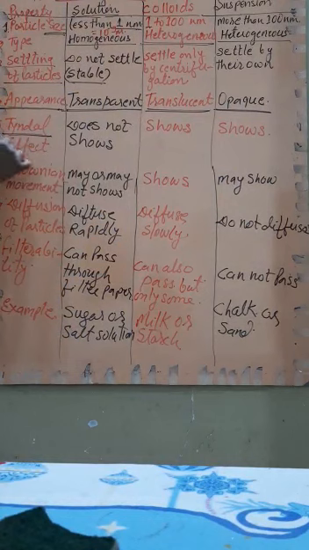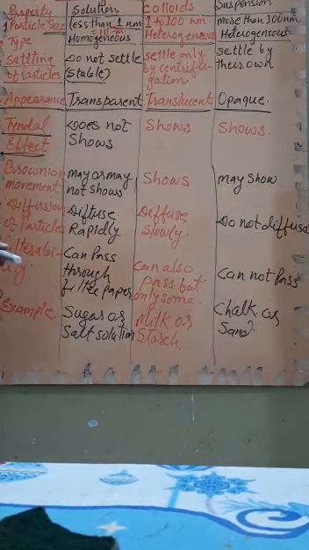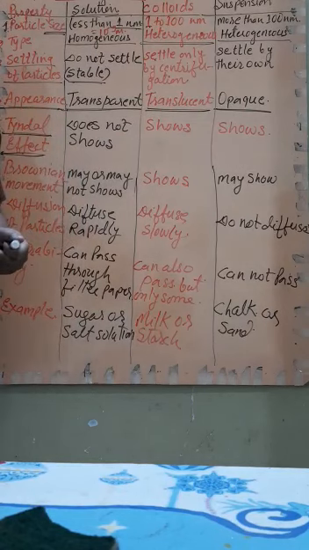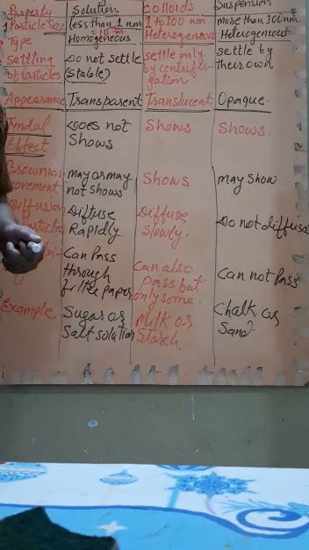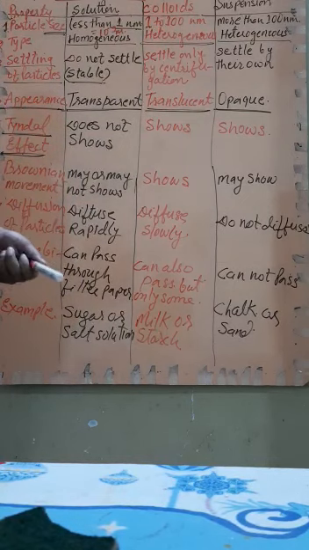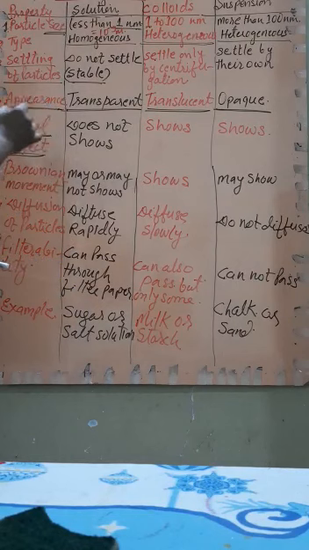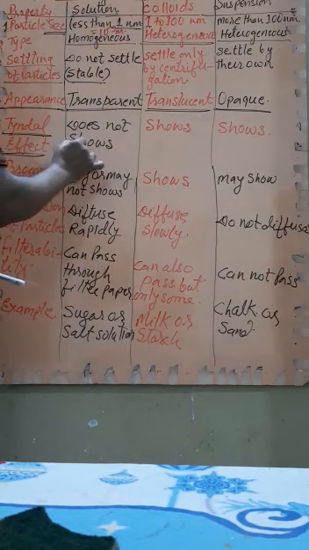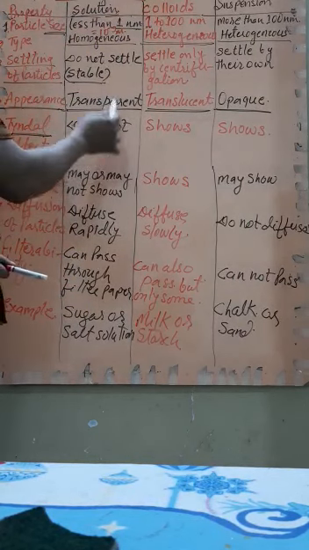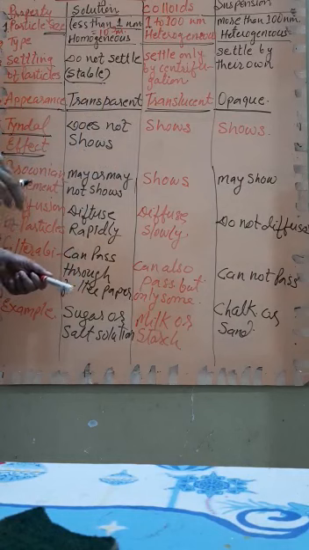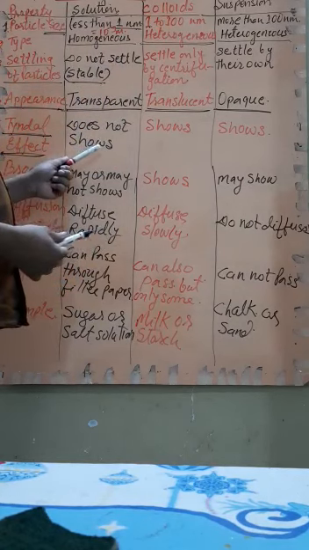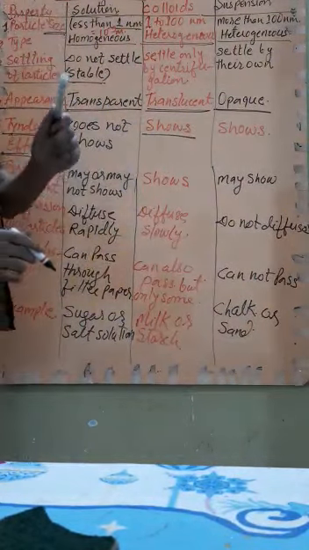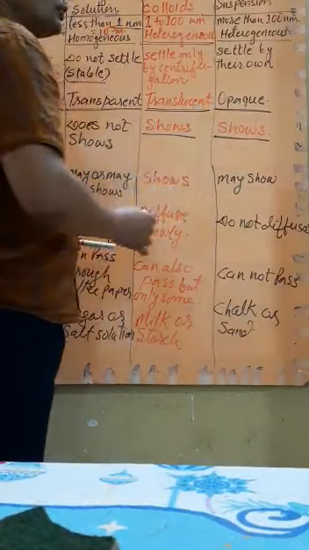Fifth one is the Tyndall effect. Now, what is the Tyndall effect? When a beam of light is passed through a colloid or suspension, the particles scatter the light. This scattering of light is known as the Tyndall effect. So the Tyndall effect is not shown by solution. Why? It is because their particle size is so small that they are unable to scatter the light. Therefore, they do not show it. While the colloid shows the Tyndall effect, as we have seen, and the suspension also shows the Tyndall effect.